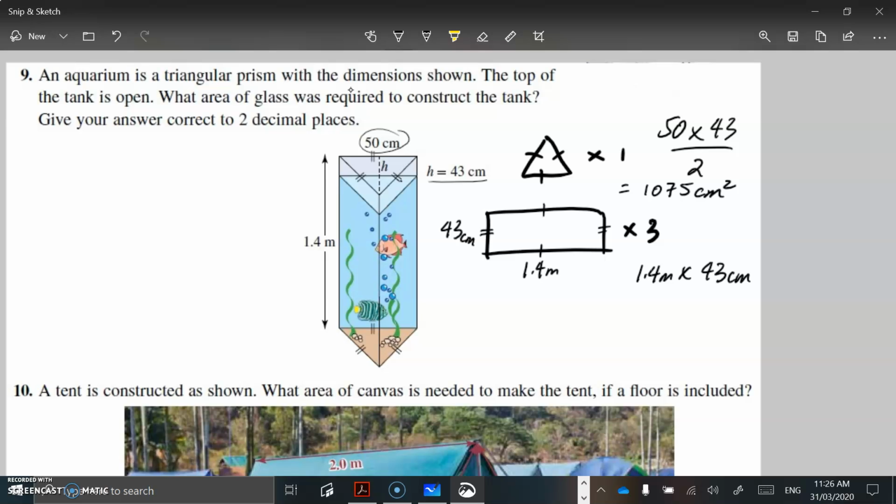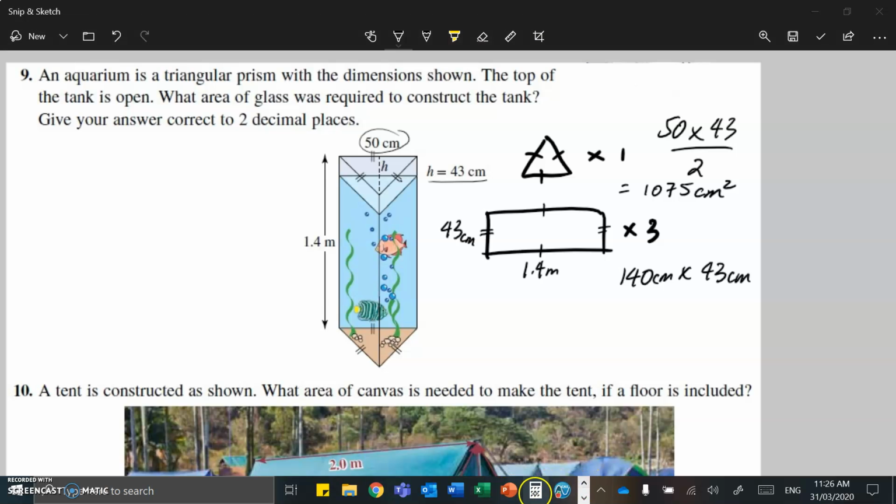Now, we have an issue here because these 2 values are in 2 different units of measurement. One is in meters, one is in centimeters. So we need to convert it into units of measurement that are the same. So I'm going to change this to centimeters. 1.4 meters is the same as 140 centimeters. Please make sure that you know how to convert, and please make sure that they are the same. So 140 times 43